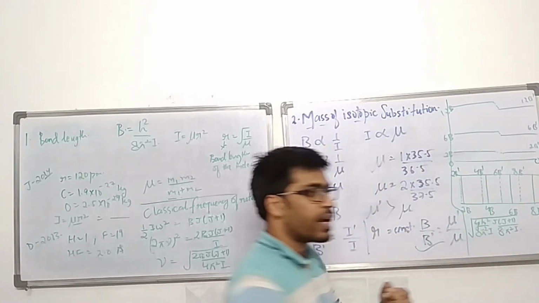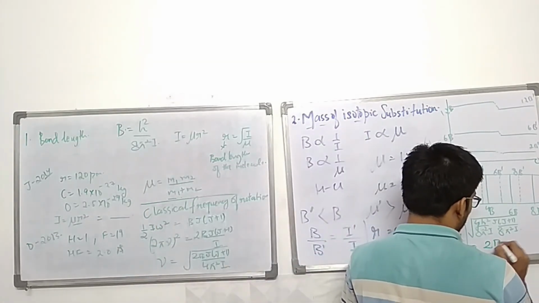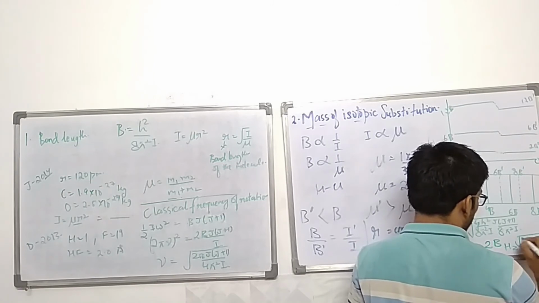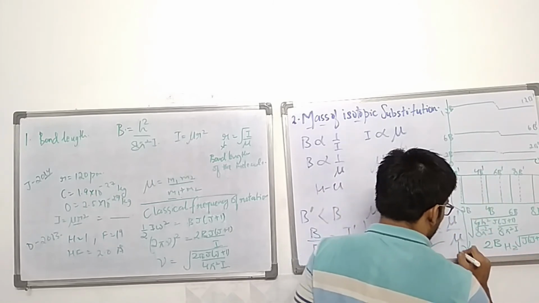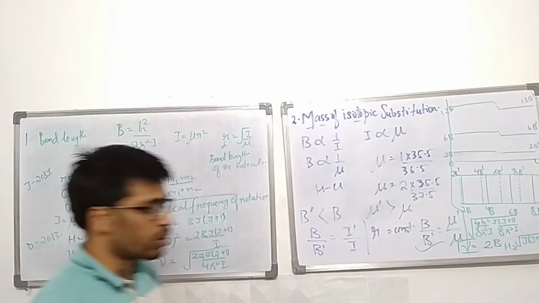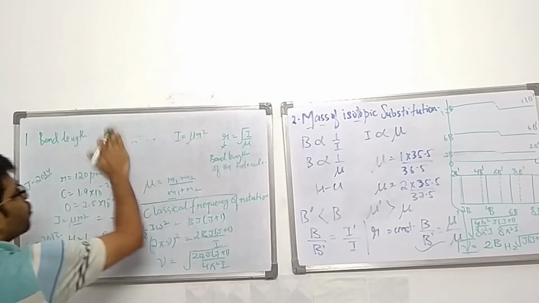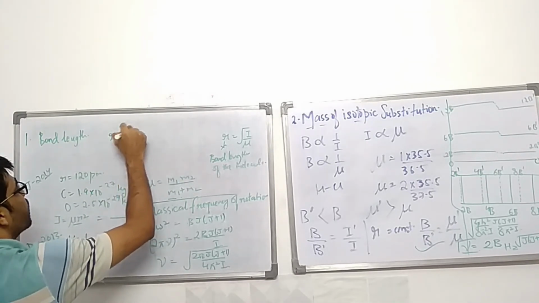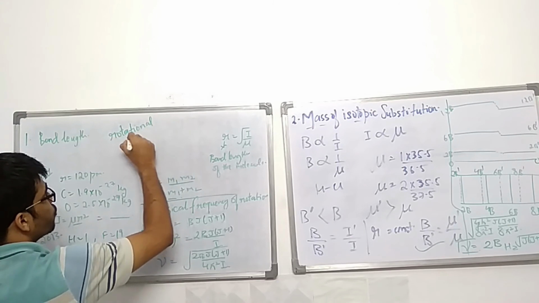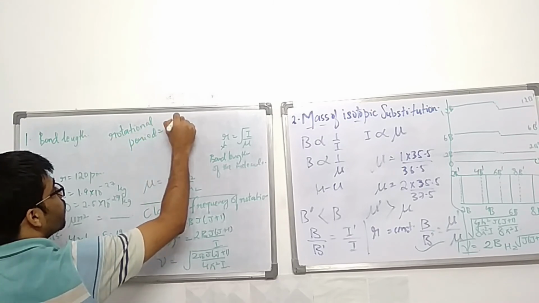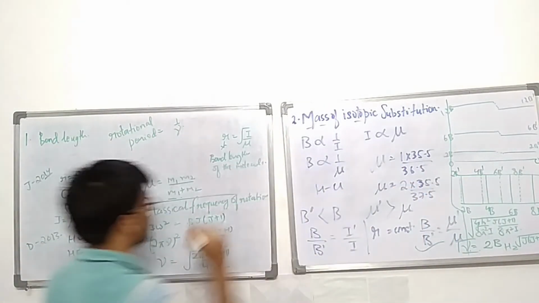So that means, now what was h by 8 pi square I? It was the rotational constant in Hertz. So what do you get? You get equal to 2B Hertz under root J into J plus 1. So this is your classical rotational frequency in terms of Hertz. Now from rotational frequency you can get another quantity which is known as rotational period. That means the time of one complete rotation, and that is simply 1 by mu. That's all. Mind it, this mu you have to calculate in Hertz only.